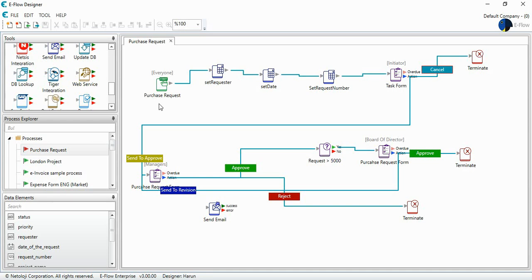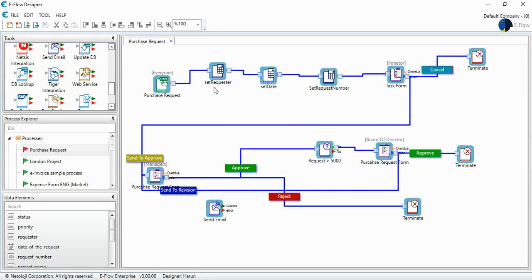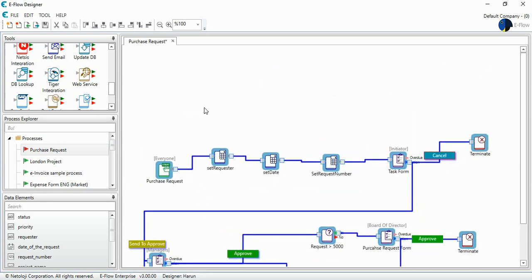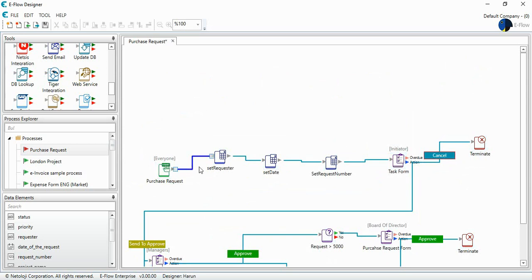How to use DBLookup tool with Lineitemtable data element in eFlow. Let's see. First, let's select all. Let's take all the process below and disconnect this manually starting tool, and let's drag and drop the DBLookup